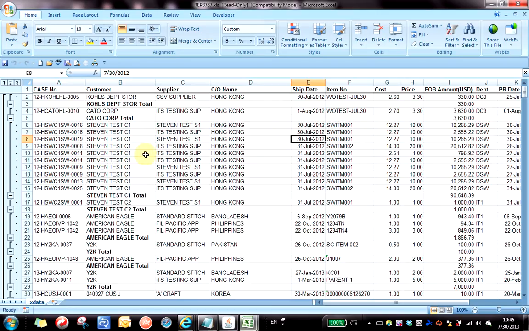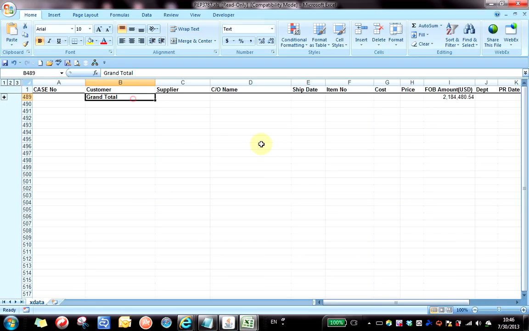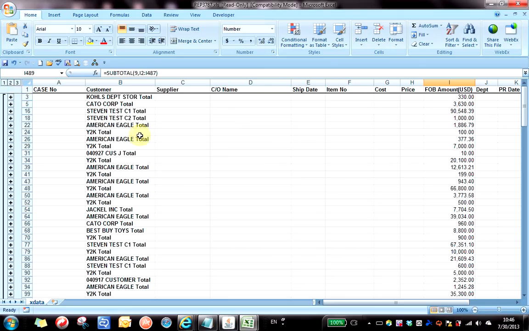To the left hand side, what you can see is some filter options: 1, 2, 3. Can you see those on the left hand side? Basically, we don't call them filter options, we call them subtotal options. If you click 1, it will show you the grand total for the sum of FOB of all the customers. If you click 2, it will show you the name of the total